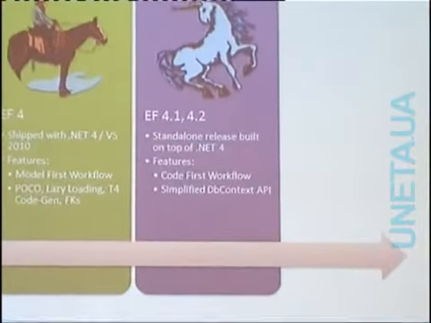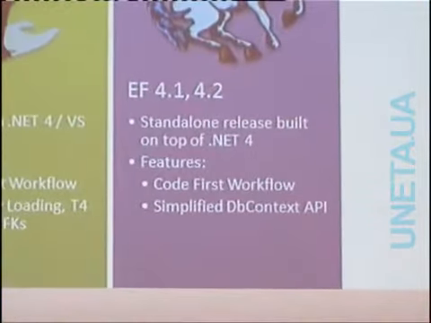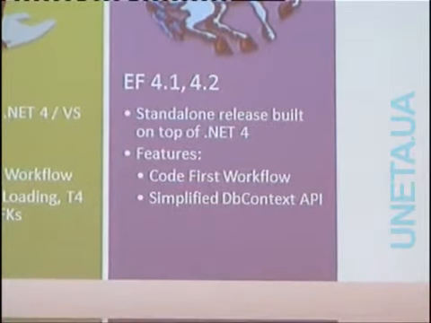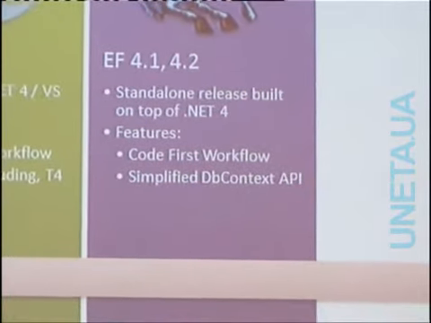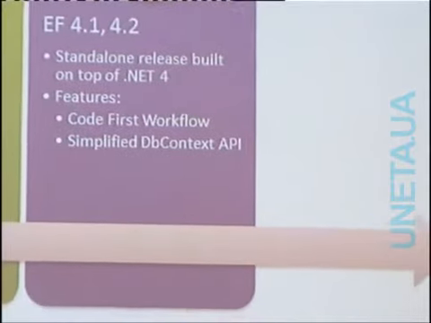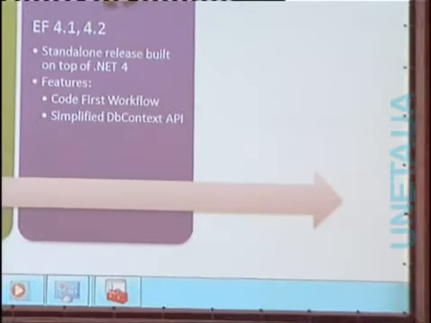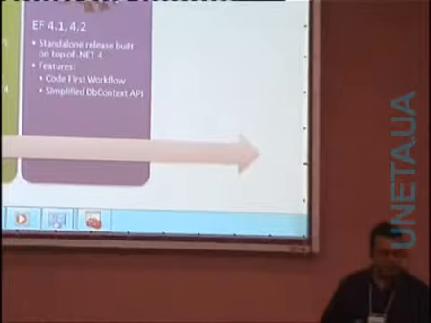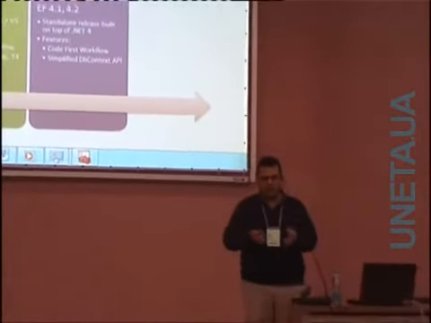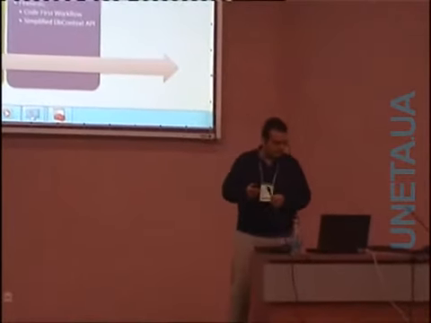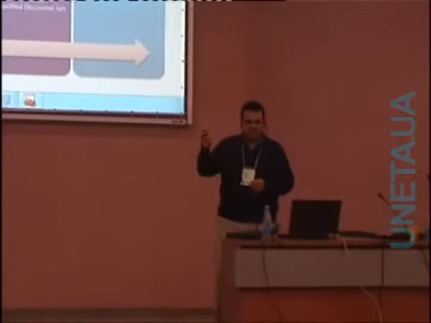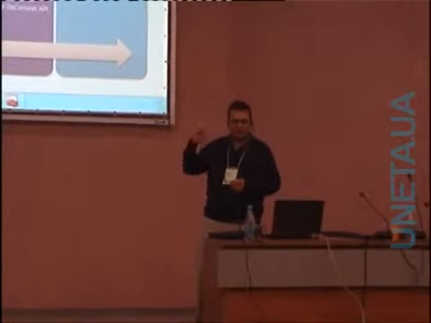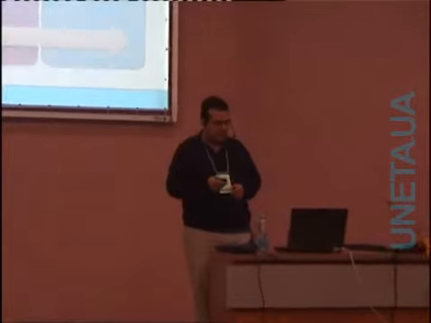And the main two things that we did were code first, which is the ability to just create a model without using the designer and just writing some code. And also this new DbContext API, which is a simplified version of our data access API. And of course, that is what comes after this, and we're going to talk a little bit more later.